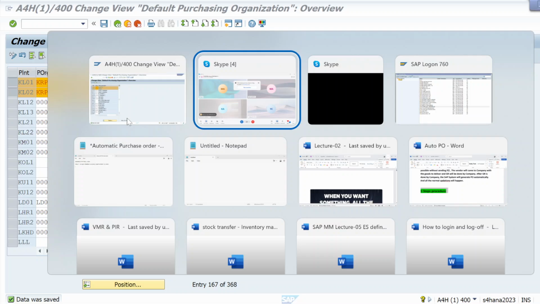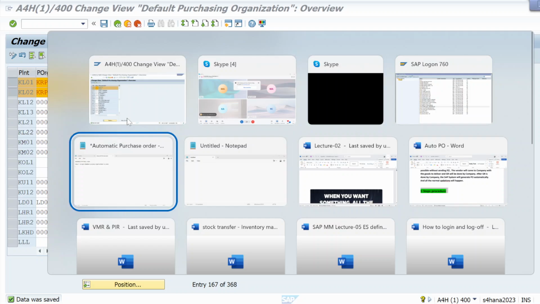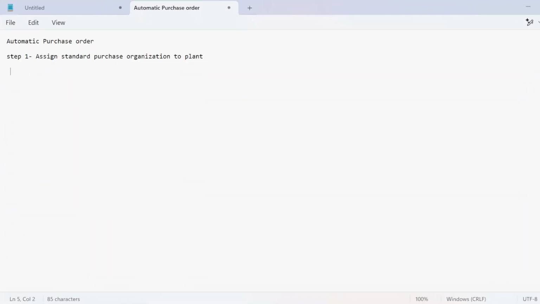Now, next step is in MMR, in the Material Master Record, in purchasing view, we will select auto PO.